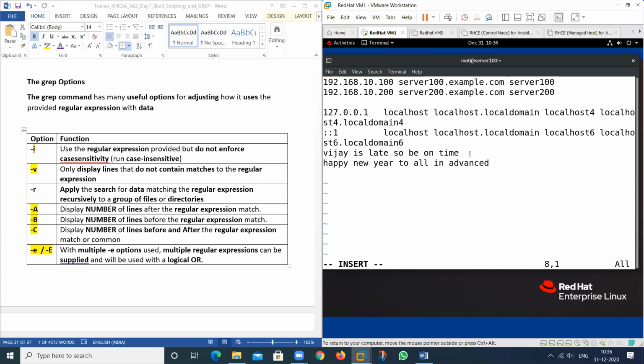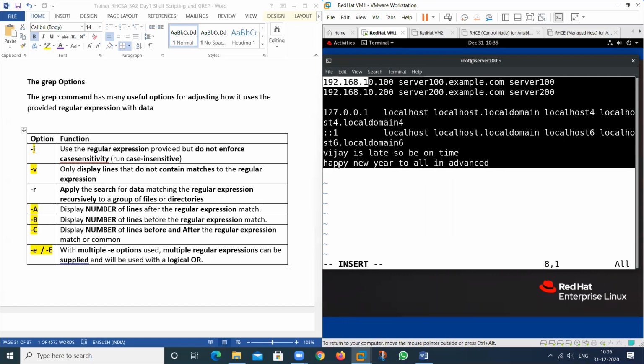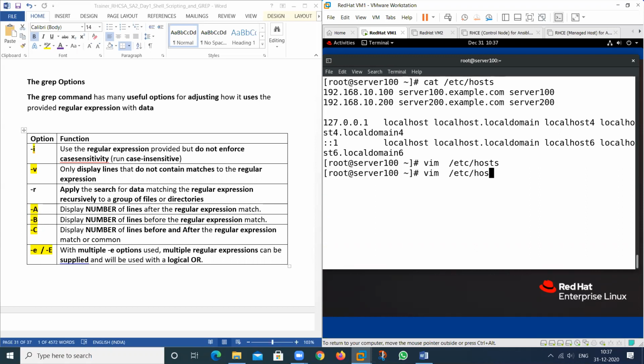Okay, and I want to search this particular thing, but I don't know where the location is. I just know it is contained in that particular folder, and I want to match that value. Then what will I do? So see, I will show the result of this particular command with -r, and I want to search the value.